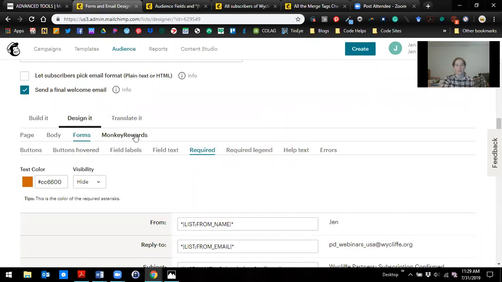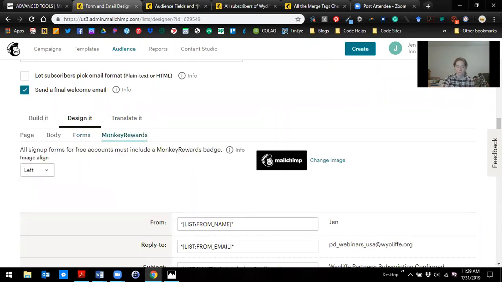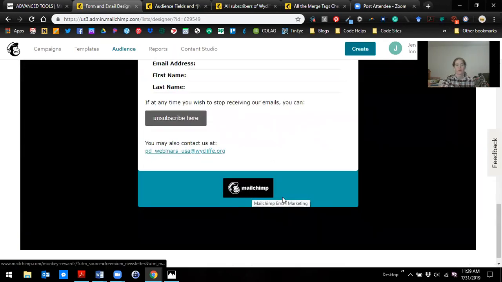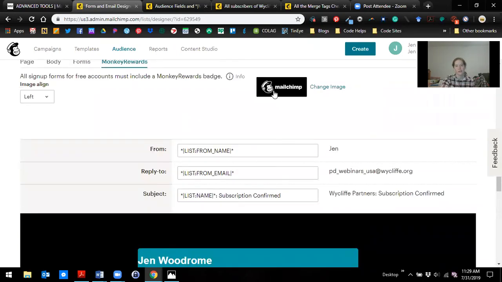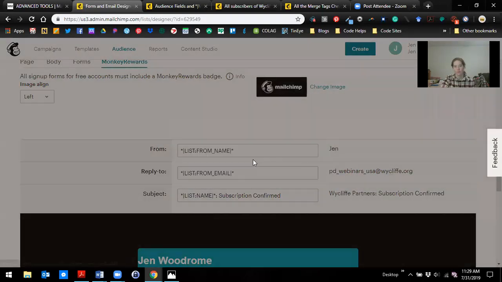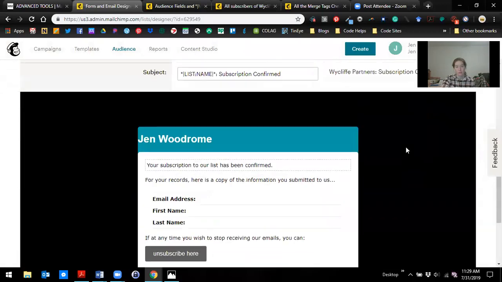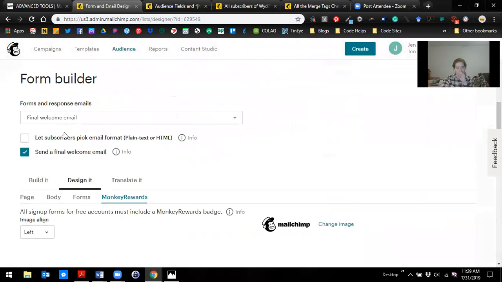So the last thing that we're going to look at is this monkey rewards. And the monkey rewards is this guy down here. Okay, and you only have two choices, black or white. So of course choose the one that works best for your form. Now again, there's no save button. So this is completed. I have everything turned on. There's no way to save. It's just going to keep it when I travel away from this page. All right. So then the next thing that we're going to look at